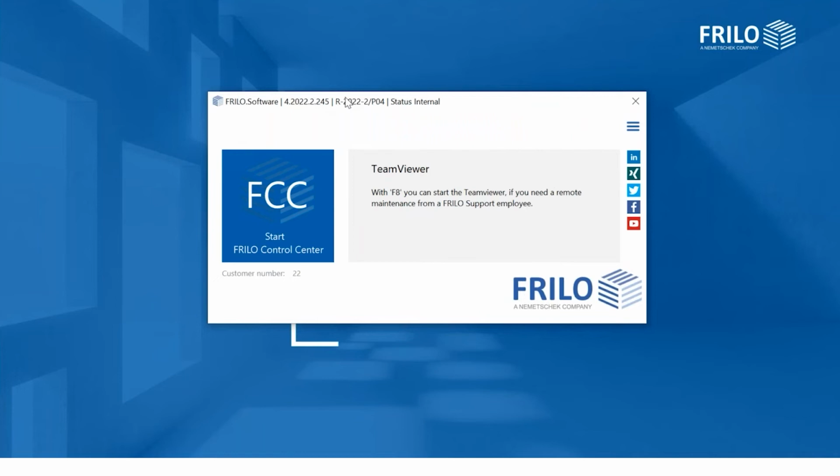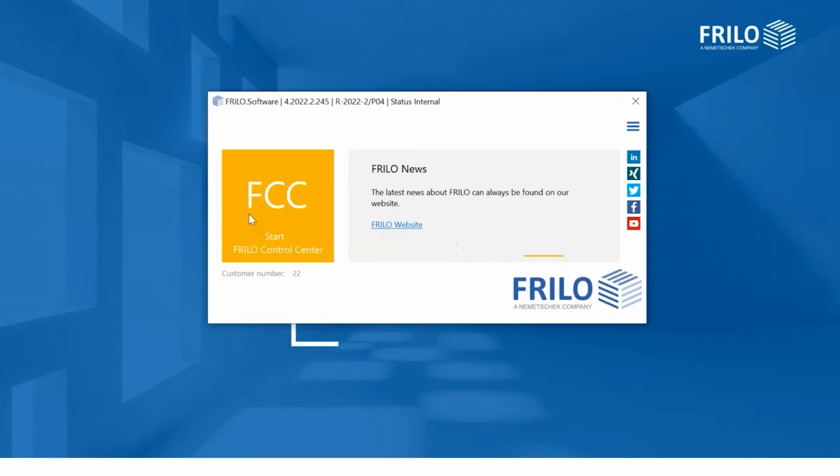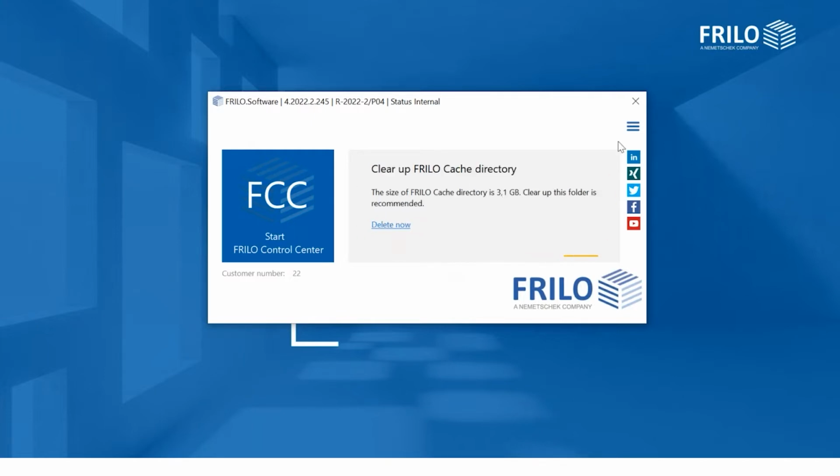Now you should see the start screen of the FRILO Control Center. This is the start dialog that every user sees after clicking on the FRILO software icon on their desktop. In this first dialog, you are able to configure the general settings of your FRILO interface. You can go to the configuration in the upper right corner